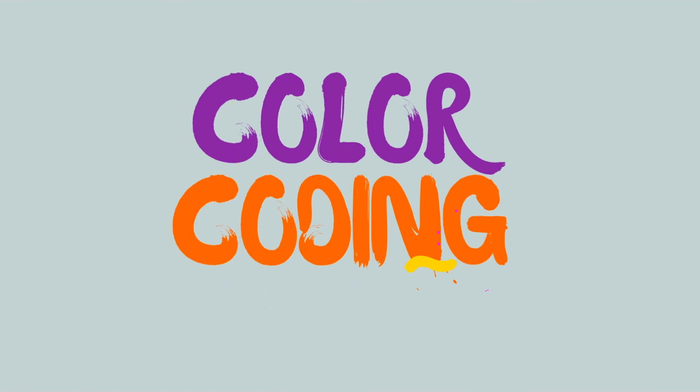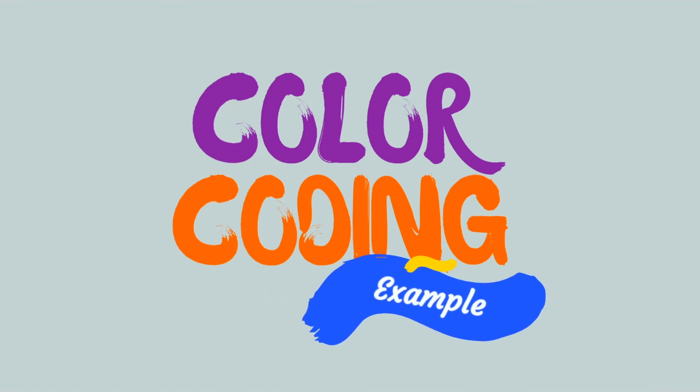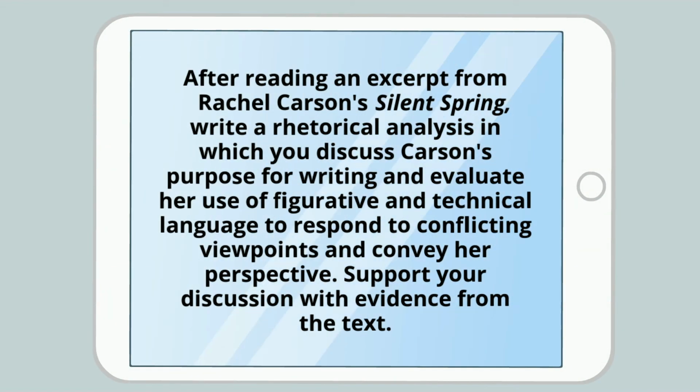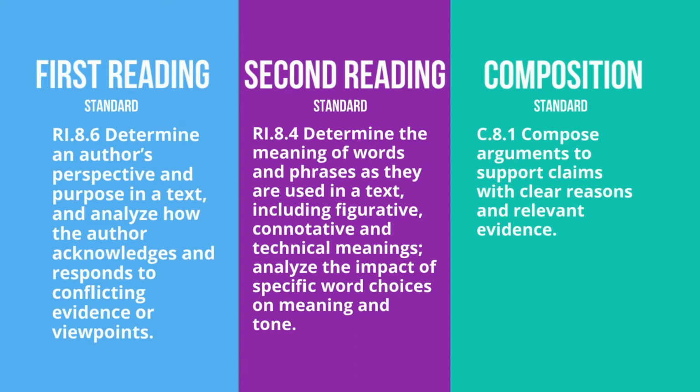The easiest way to check for evidence of your focus standards cluster in your task is by color coding. Let's look at an 8th grade ELA example to see how this works. Here is the task. After reading an excerpt from Rachel Carson's Silent Spring, write a rhetorical analysis in which you discuss Carson's purpose for writing and evaluate her use of figurative and technical language to respond to conflicting viewpoints and convey her perspective. Support your discussion with evidence from the text. The focus standards for this task are